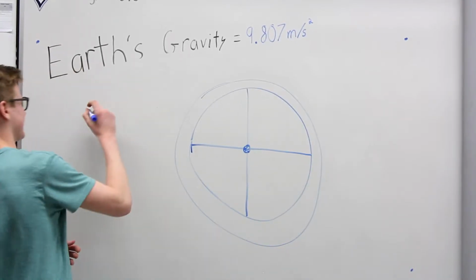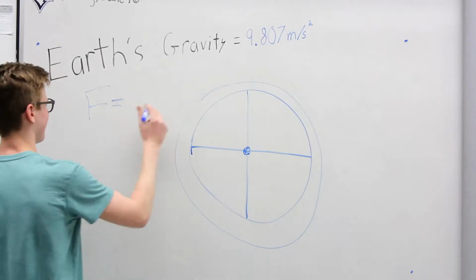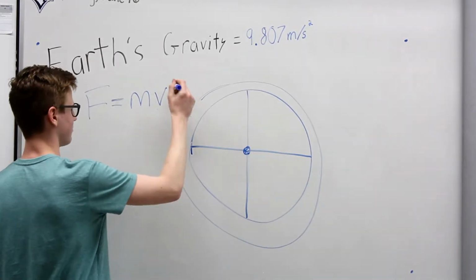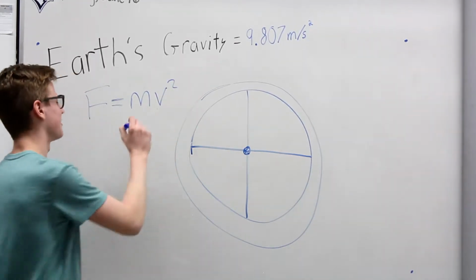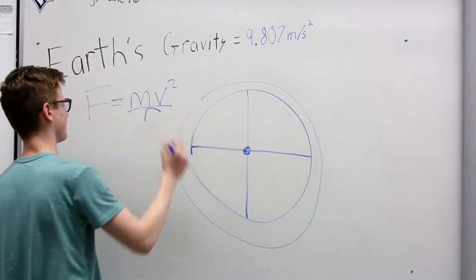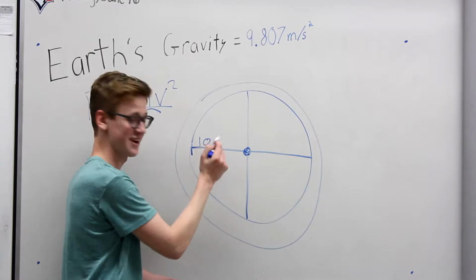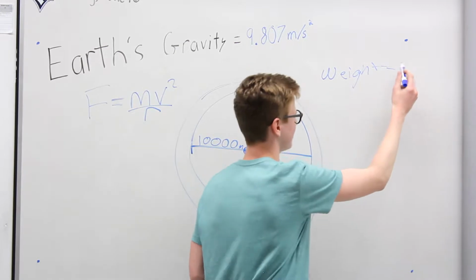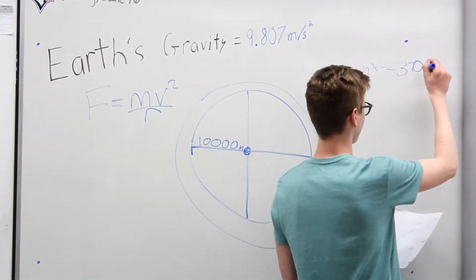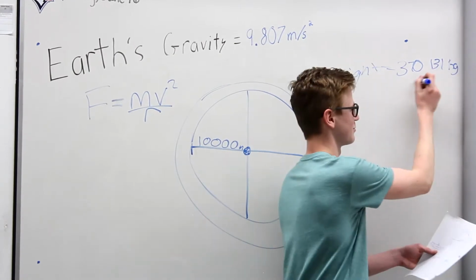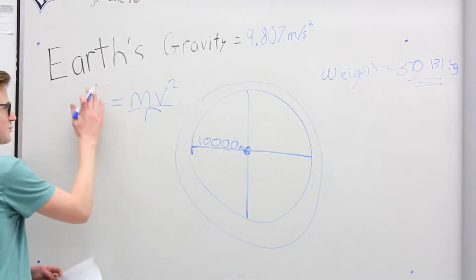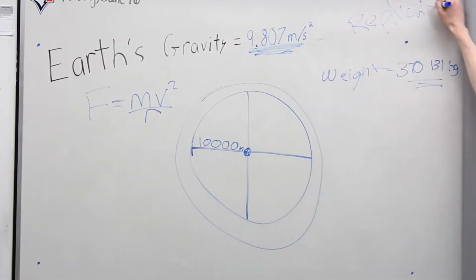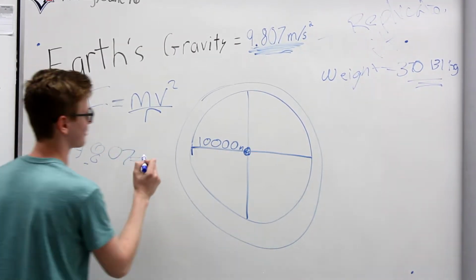So, the formula is F, which is force, and it equals M, which stands for mass, multiplied by V squared, which is velocity, divided by the radius. And the radius in this scenario is 10,000. Weight equals 300 kilograms, this number. And so basically, we're going to substitute F with this number, because we're trying to replicate it. So, 9.807 equals